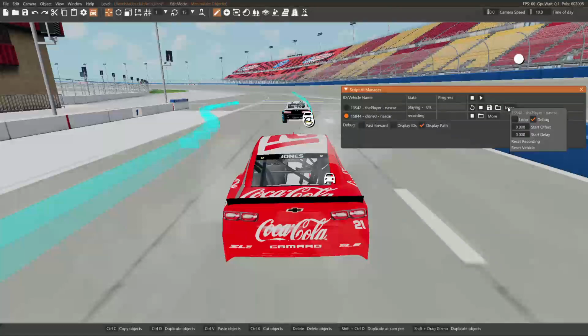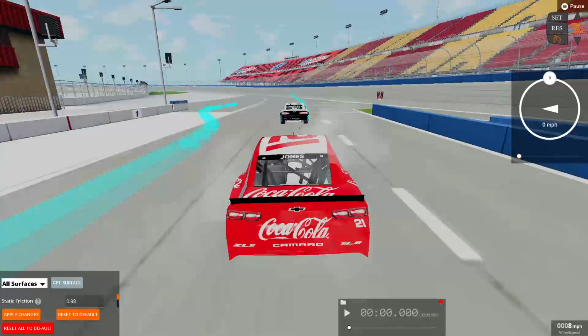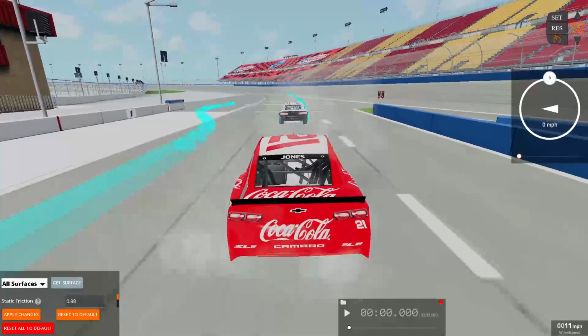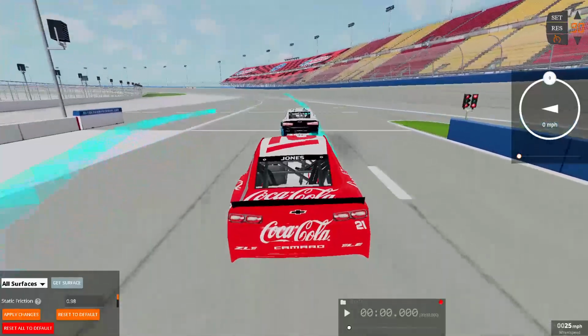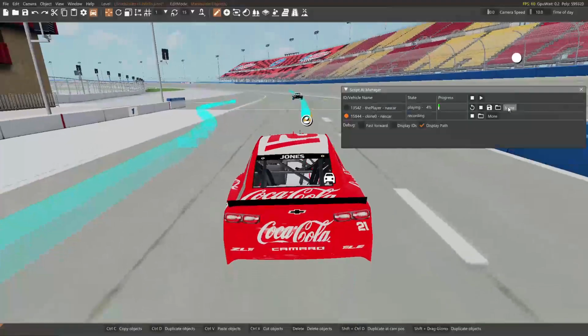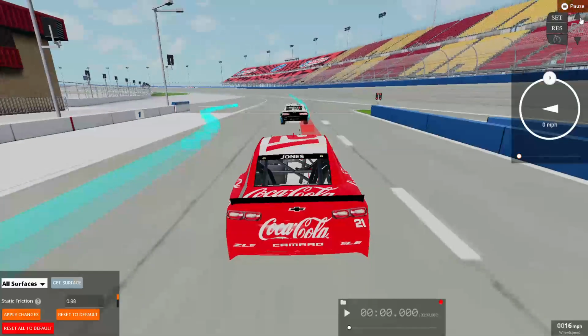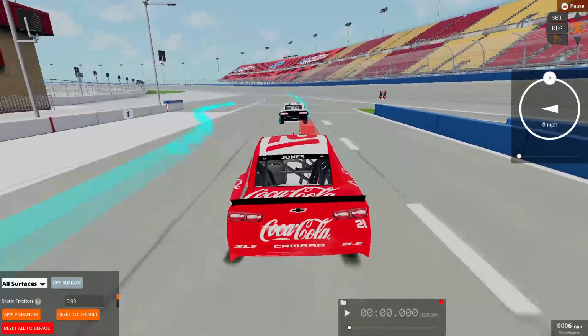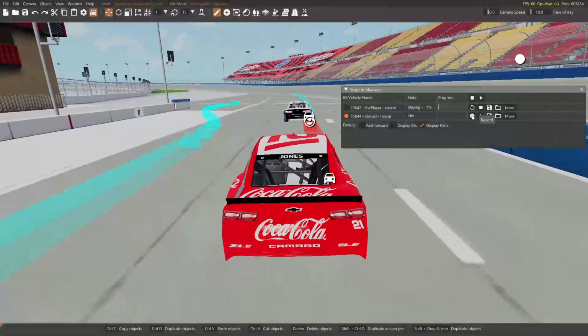That way, when the pace car pulls off the track and is done, it doesn't respawn and roll back into traffic. If loop is on, it'll just keep playing in a loop. And I hit my brake coming off pit road, so I'm going to have to reset that up. My apologies. So, again, put your cruise on first, play the car, respawn the car, and then start the recording